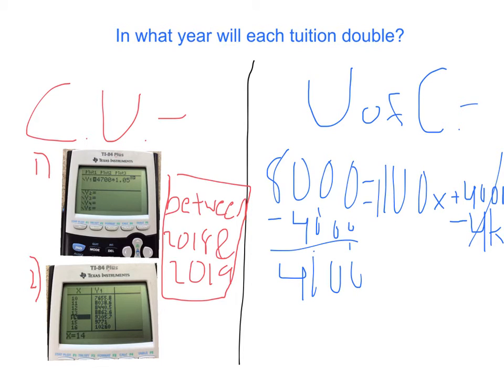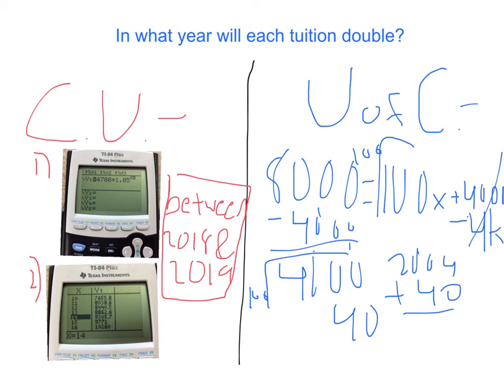So divided by 100, 4,000 divided by 100 would be 40. So 40 years plus 2004 would be